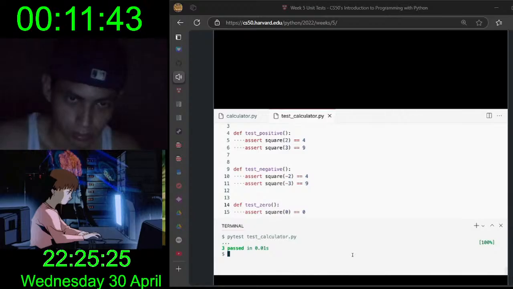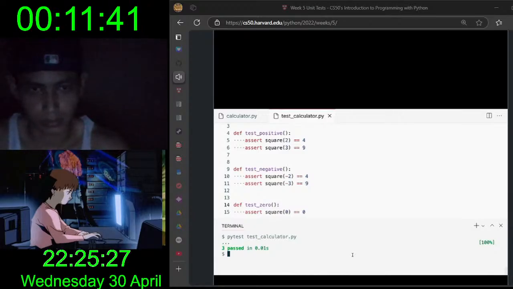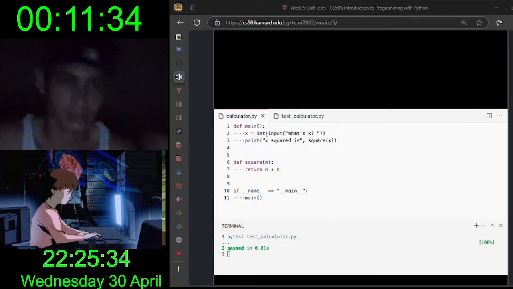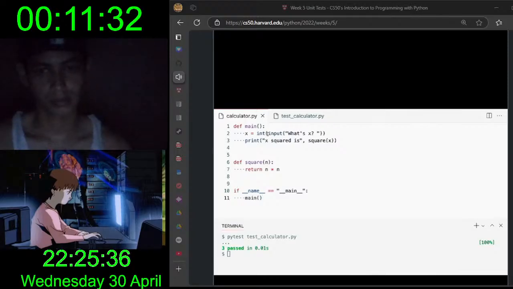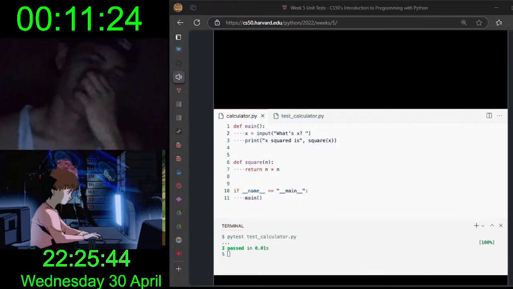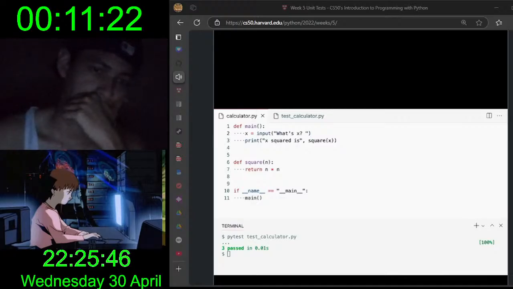All right, allow me to propose that we consider what should happen if square isn't actually passed a number. For instance, if I go back to calculator.py and suppose that I, or perhaps someone else using my square function, simply forgets to convert the return value of input from a str to an int, as by modifying line 2 here. Well, now something's definitely going to go wrong if I type in a str instead of what appears to